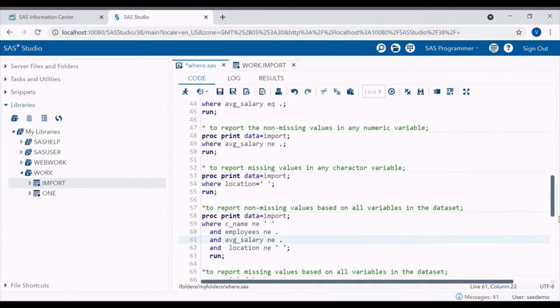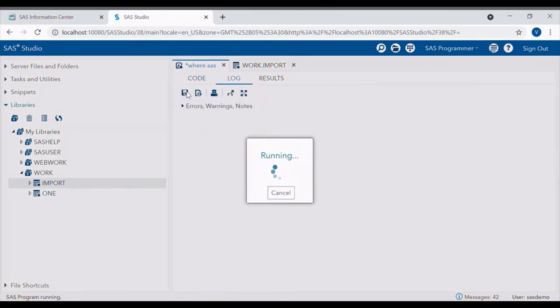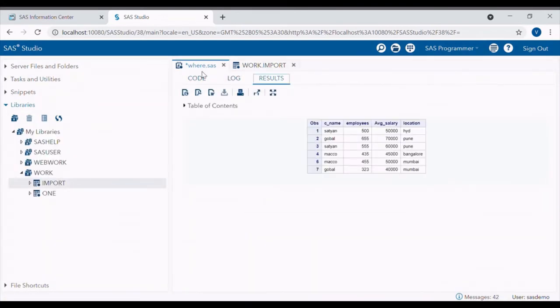To report non-missing values based on all variables in the dataset, we will use where CNAME not equal to blank in inverted commas and employees not equal to dot and average salary not equal to dot and location not equal to blank again. And when we run it, we get all the non-missing data.